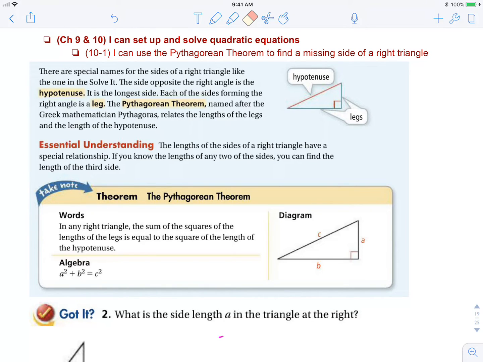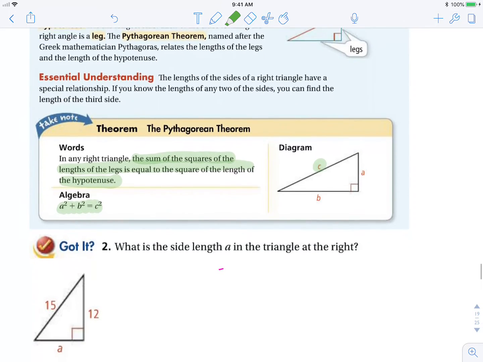A right triangle is made up of two legs and a hypotenuse. The Pythagorean theorem states that in a right triangle, the sum of the squares of the lengths of the legs is equal to the square of the hypotenuse. The equation we use to memorize this is a squared plus b squared equals c squared, where c is the